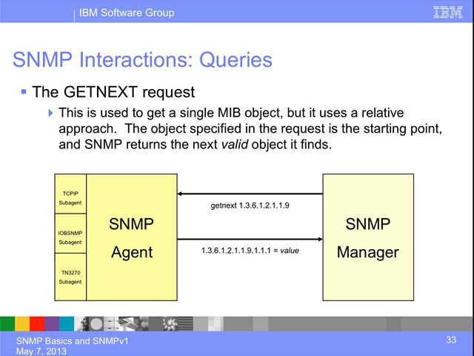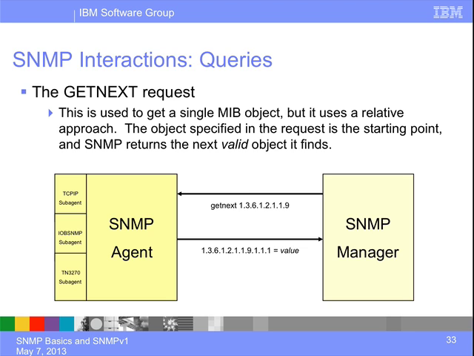The GETNEXT request is similar to the GET in that the manager requests a single object and gets back a single value. The difference, though, is that the SNMP manager does not need to know the full OID of the requested object in order to make the request. Instead, it simply specifies a starting point, and the agent returns the next valid instance following that starting point, not including the starting point. For example, the manager might request